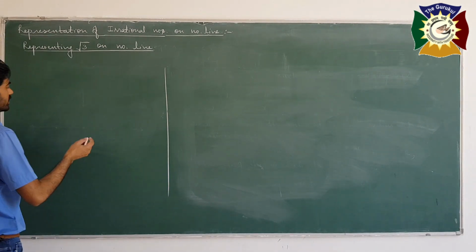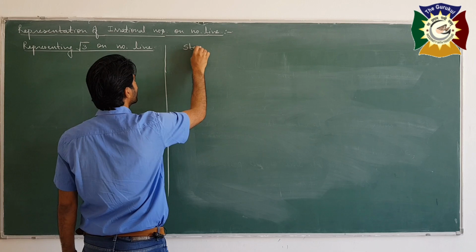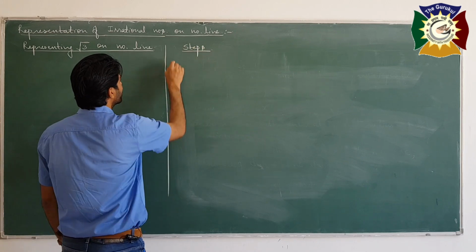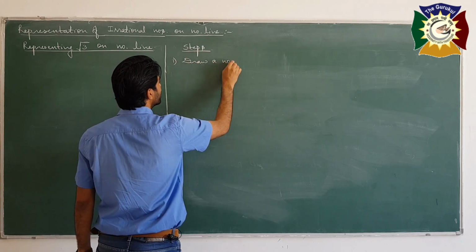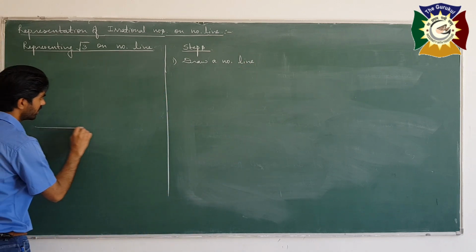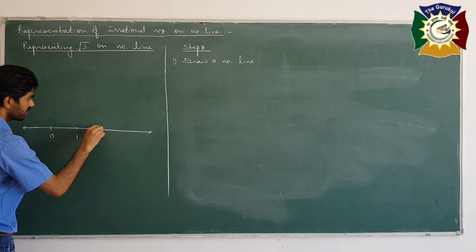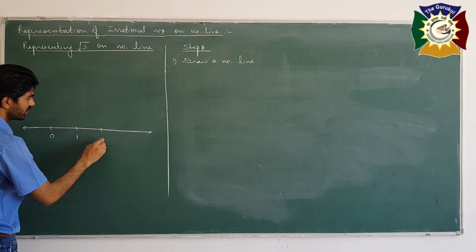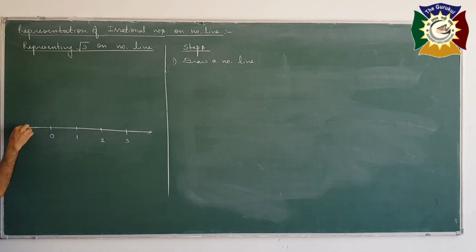Okay. First step again. First, draw a number line, so I am drawing a number line again here. So this is the number line, suppose 0 here, 1, then 2, you have to take equal gaps. This will be 2, 3, and here it will be -1. So this is the number line.